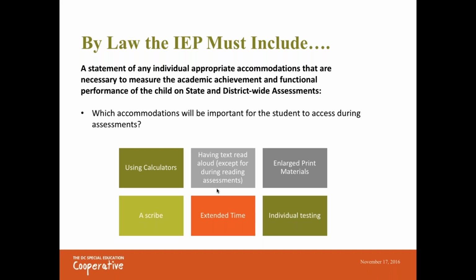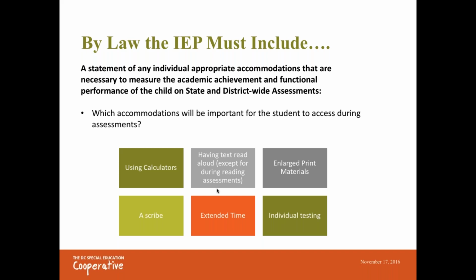But these are accommodations that people generally understand need to be used all the time for a particular student. And the rationale is these accommodations will provide them access to the testing